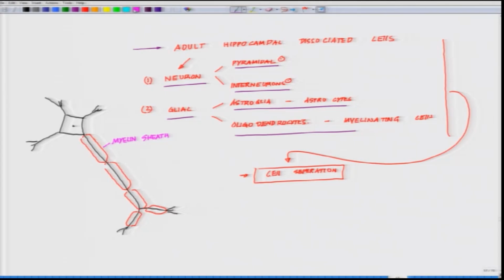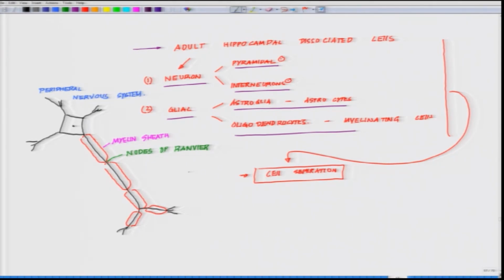And in between, out here, you will see written nodes of Ranvier. On the contrary, this is a classic neuron which is in the peripheral nervous system. On the contrary, if you see a neuron in the central nervous system,